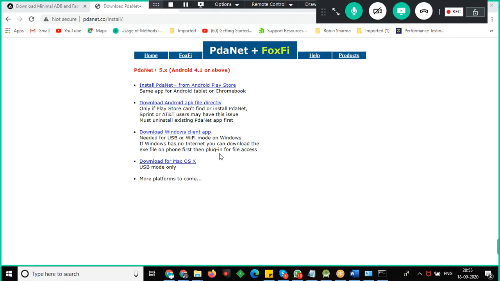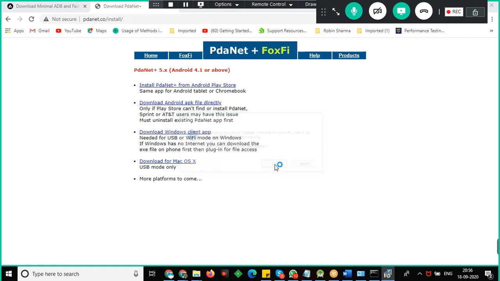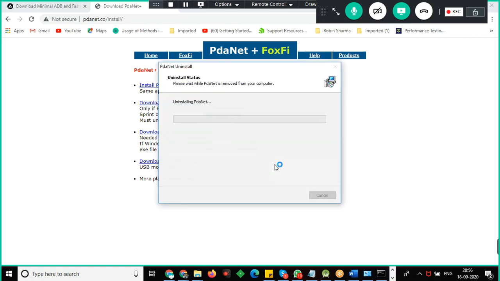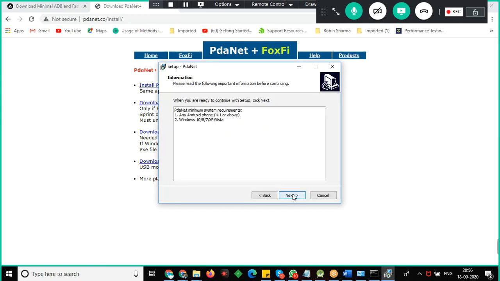So PDANet Plus, I'm just installing. It supports only Android 4.1 and above.